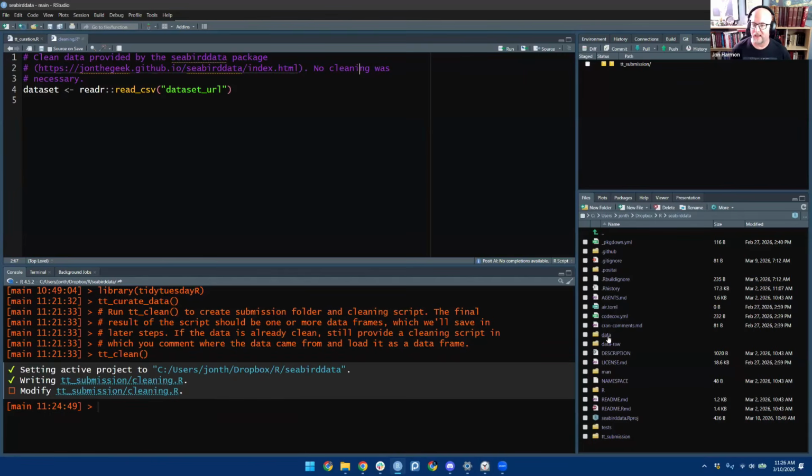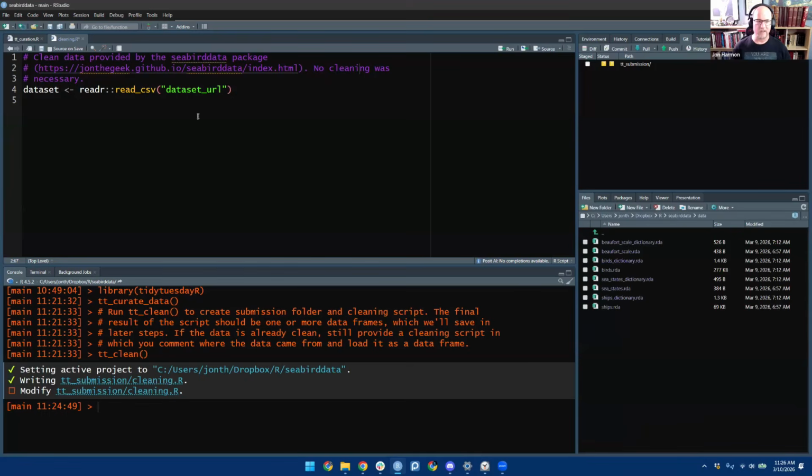If we look at this, let's see, what's the easiest place to see this? Probably here, that there are these, so it's 1, 2, 3, 4 data sets, plus I actually saved the dictionaries within here, because again, I wanted to have those handy. So we could do something like Beaufort scale, gets the seabird data, Beaufort scale,